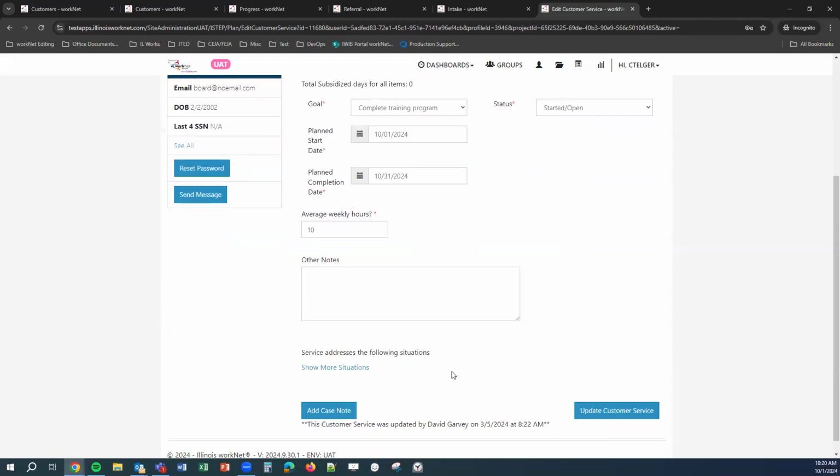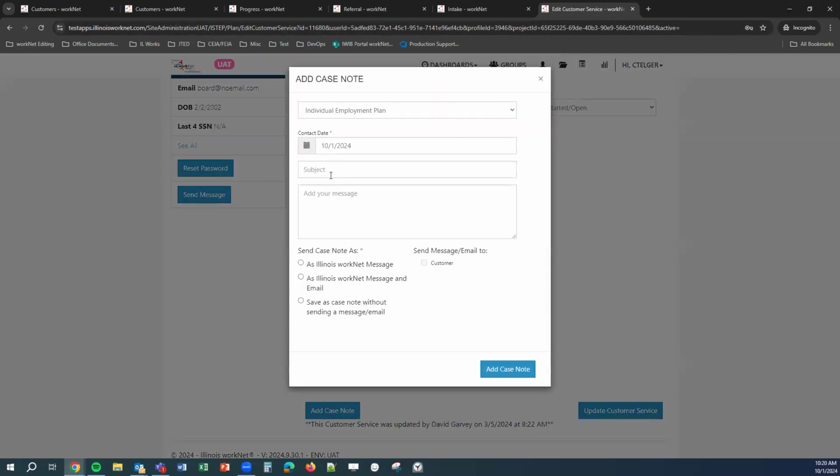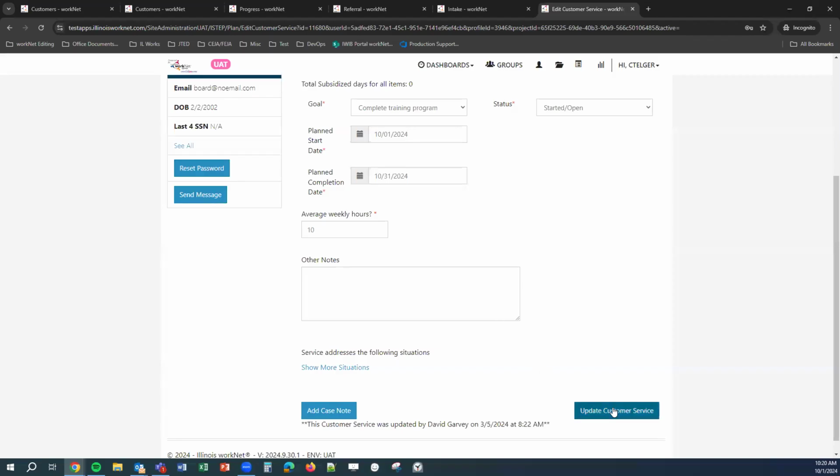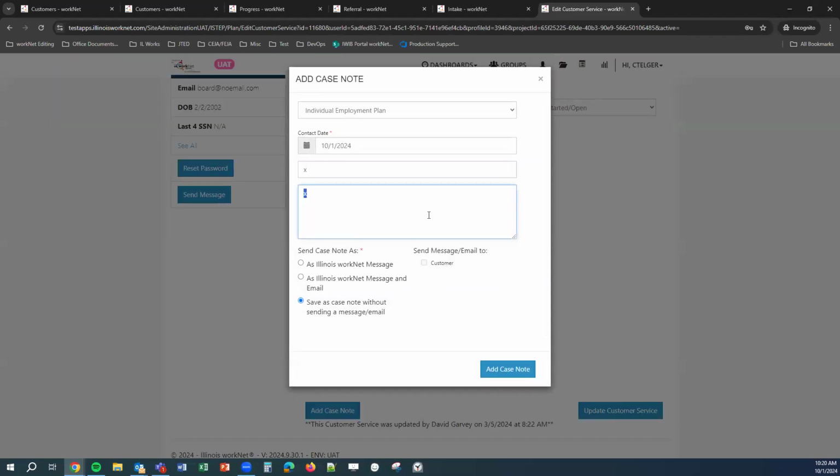And when we come down here, we will click the button to update customer service, and that'll prompt us to leave a case note. So we'll give the case note a title here, and then in the body here, we can enter that there. We have the send case note as section here. So we could send it as an Illinois WorkNet message. And if we select this, we will check the box for customers so that they can receive it as a message. And by that, I mean, let me open up another